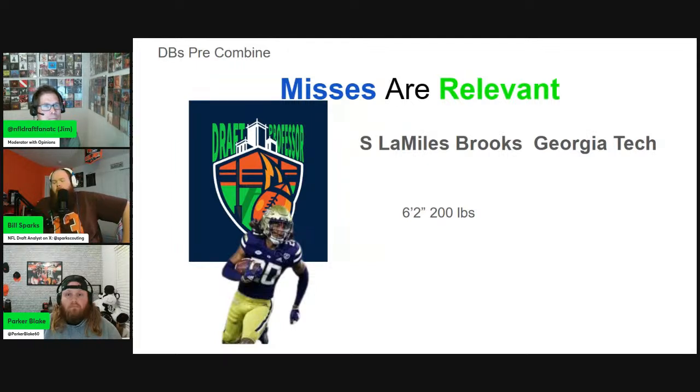Parker, I know we were talking before the episode kicked off, and you weren't able to find a whole lot on LaMiles Brooks, but was there anything that you saw that stood out in the little bit you were able to see on him? I think just the biggest thing for me is these bigger safeties that are going to be the 200 plus range guys that are going to hopefully be your more physical safeties in this class. I feel like they're going to just have to do a lot more as far as showing off their agility or twitchiness throughout the process, whether that's the Senior Bowl or the Combine or whatever opportunities they're able to have,